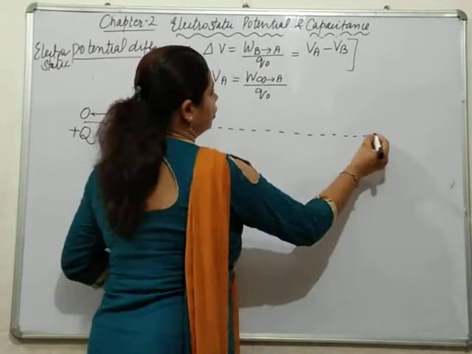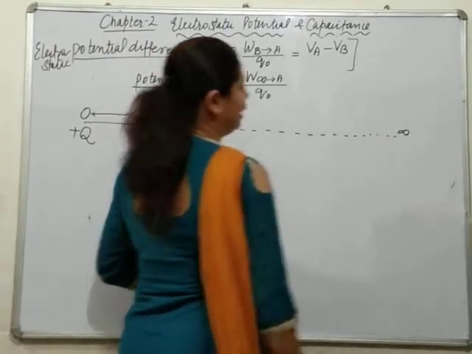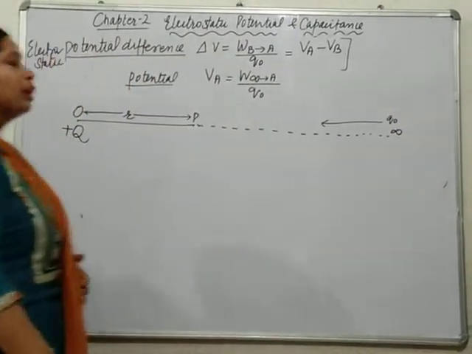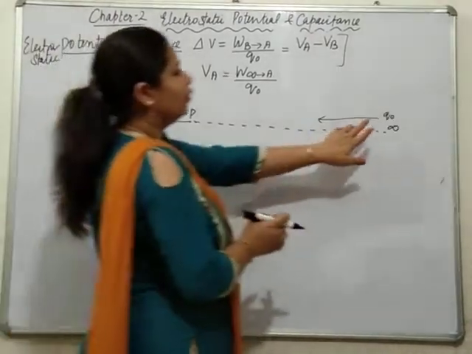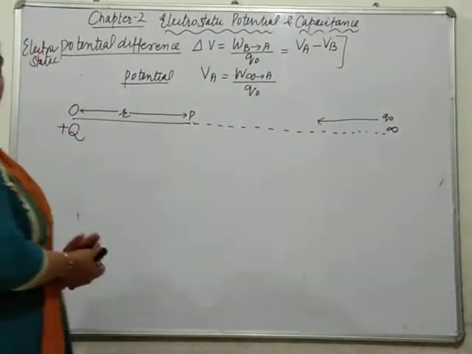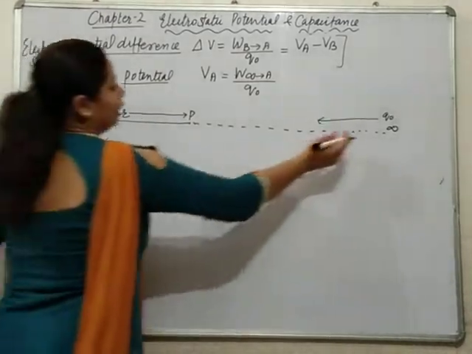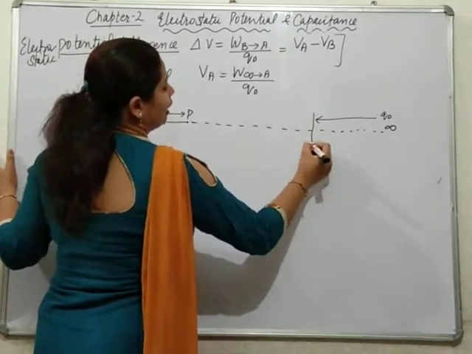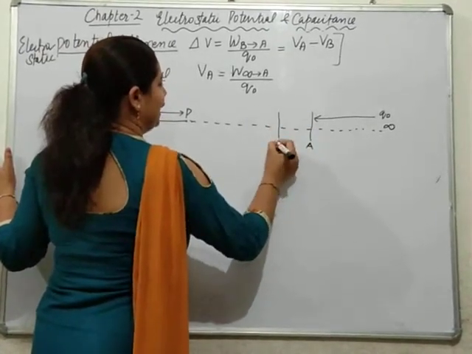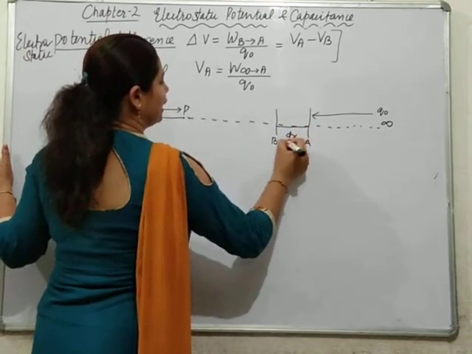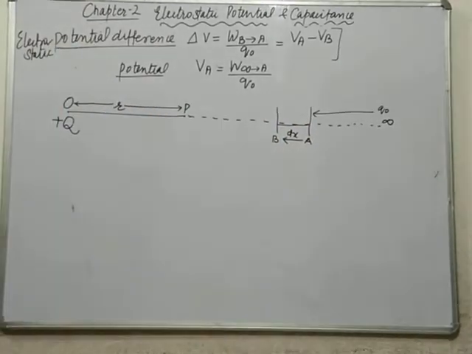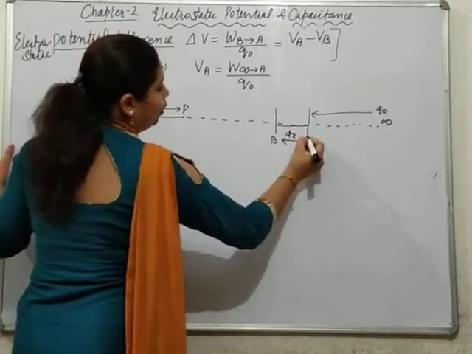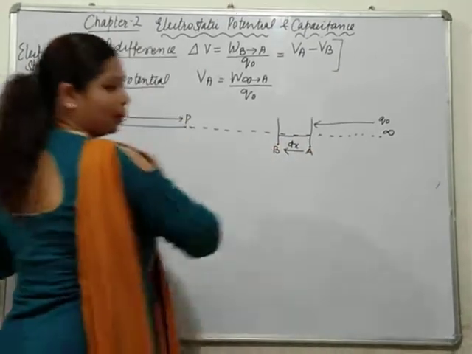It means you have to move the charge from infinity. Let Q naught be brought from infinity to point P. As it is very difficult to calculate directly, we consider an intermediate state, that is A to B, which has separation dx. So instead of bringing the body from infinity to P, we calculate the work done from A to B.